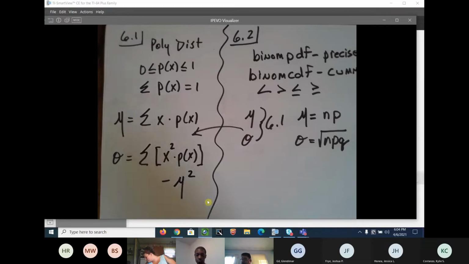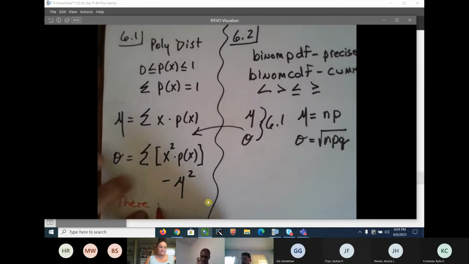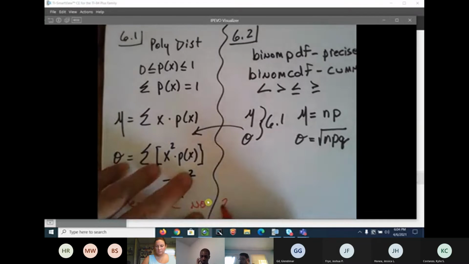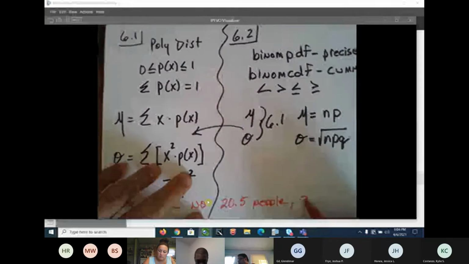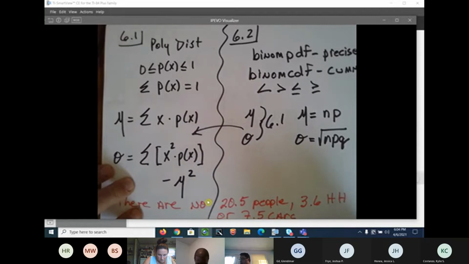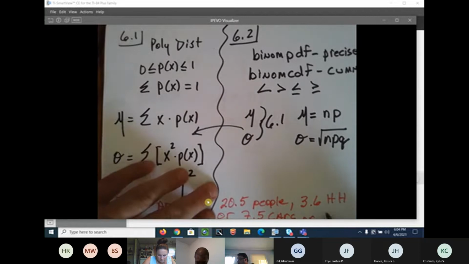In chapter 6, there are no 20.5 people, or 3.6 households, or 7.5 cars, or 6.2